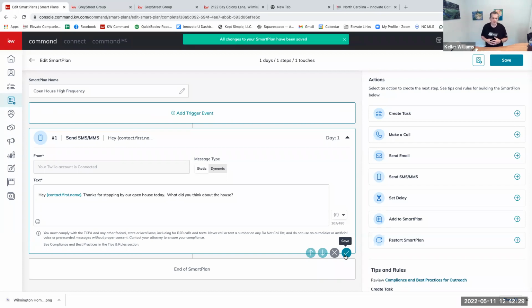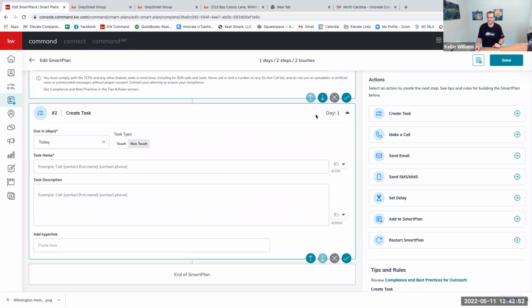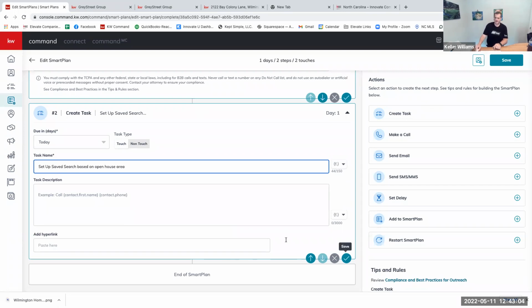I can then start choosing some other steps that I'm going to add there. So let's say I want to send an email, or I want to set them up on a search as a task. So then I would go in here and let's say my next step that same day. So day one, day of the open house, I want to send them a text message. I want to also send them a saved search of other properties that are similar. So I'm going to go ahead and hit create task. And that's going to be due on that same day. And it's going to be set up saved search based on open house area. Go ahead and hit